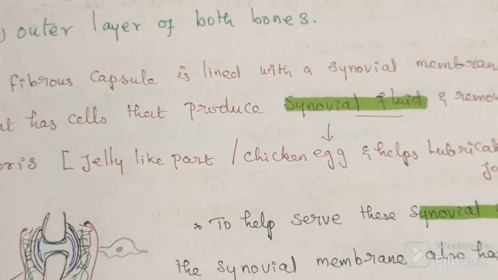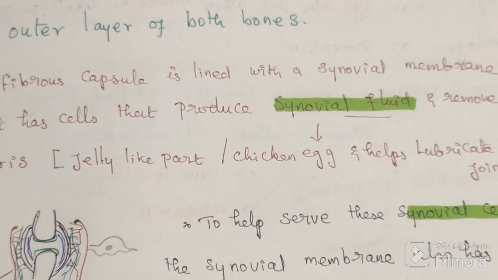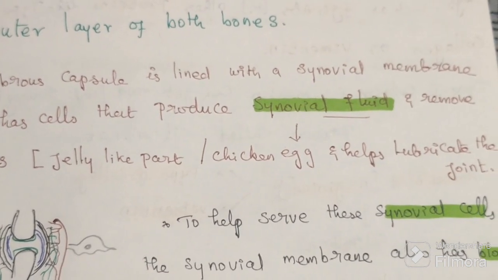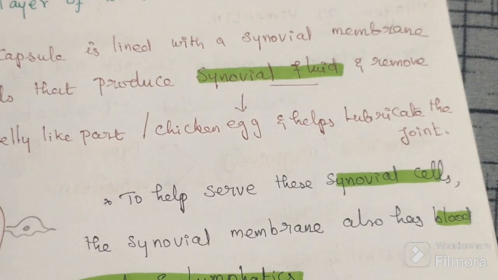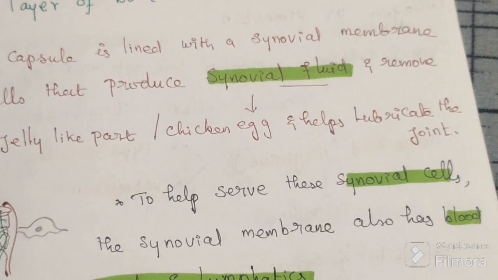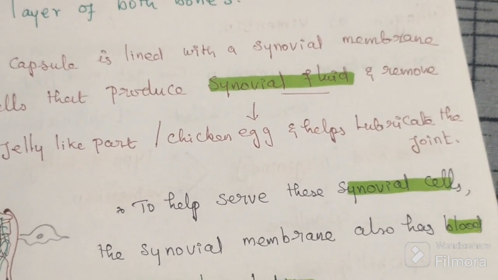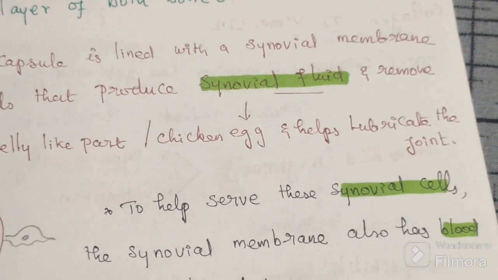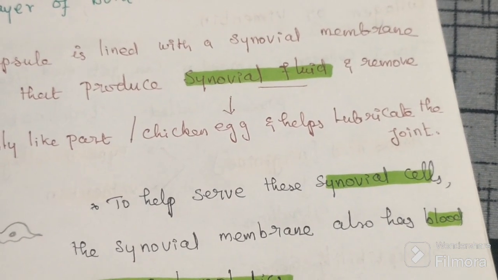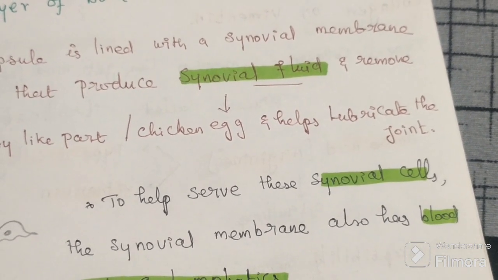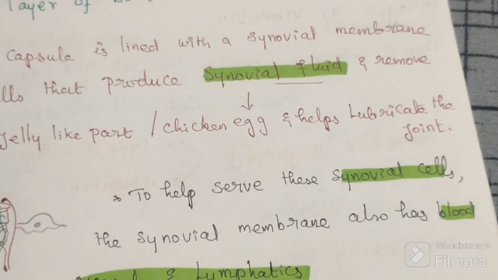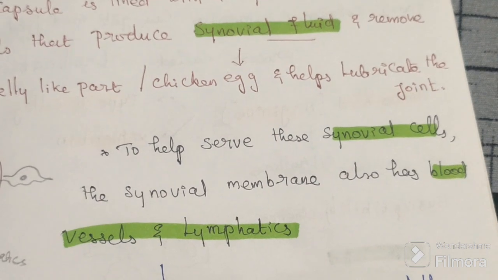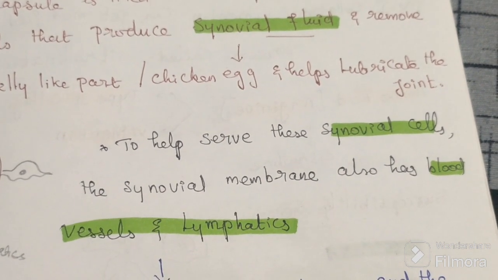The synovial fluid is normally a viscous, jelly-like fluid, like the part of a chicken embryo egg, and helps lubricate the joint. To help serve these synovial cells, the synovial membrane also has blood vessels